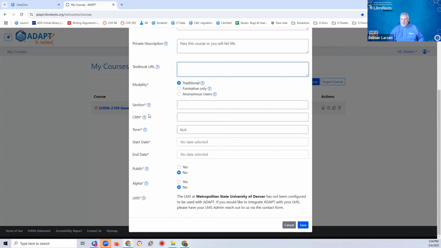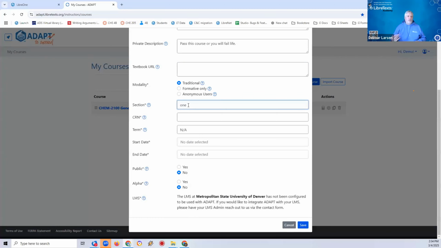Okay, now comes a few details, and we've been planning on removing these for a while, and we probably will sometime before the end of summer. One is the section. If you have only one section in your class, you type in one, whatever you want, it doesn't matter. If you have multiple sections and you want to name those sections for one reason or another, for example, when I teach my general chemistry class at UC Davis, I have 16 sections in my large general chemistry class. Each section is connected to a specific lab and specific discussion time for TAs in order to be able to process this. But they're all part of the same class.